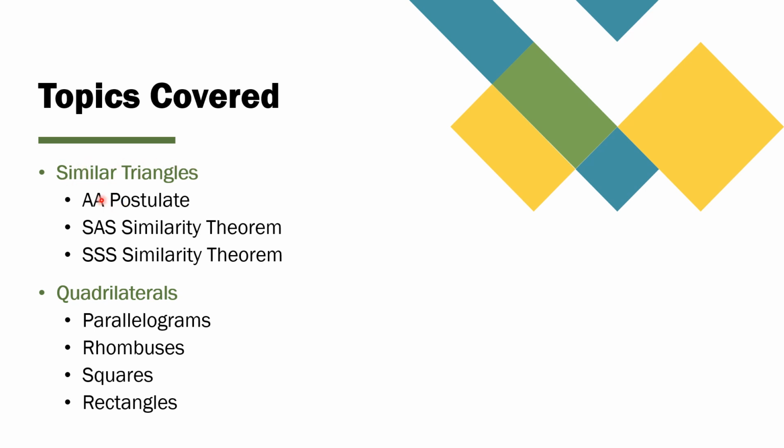For similar triangles, specifically we talked about three postulates and theorems. The angle-angle postulate, the side-angle-side similarity theorem, and the side-side-side similarity theorem. Now, if you recall, unless I'm mistaken, I do not believe we had any examples for the angle-angle postulate. So you can really not worry about that one. We're not going to see that on the exam. You will see the side-angle-side similarity theorem and the side-side-side similarity theorem on the exam. So make sure that you have those written on your formula sheet and are familiar with those theorems and how